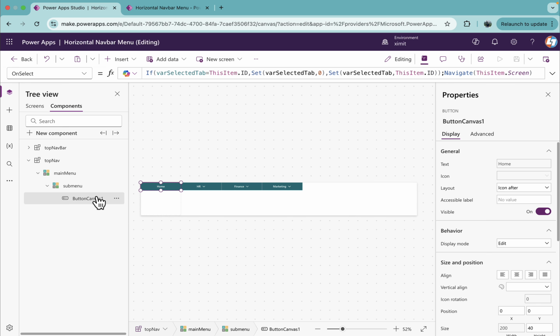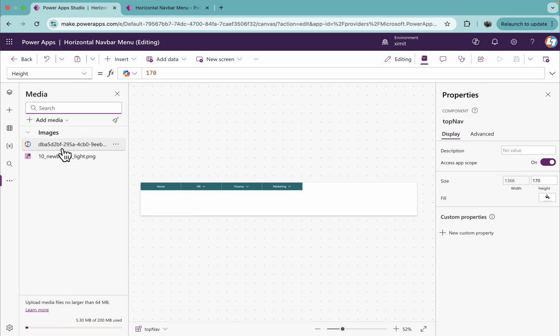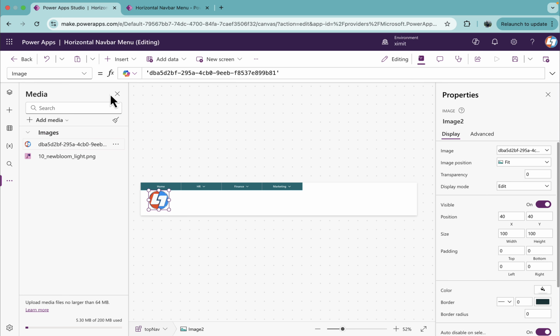Now if we go here in the component, there are a few things we have to do. In the media, I have this logo, and I will set the X of this as 0, Y of this one as 5, width is equal to 30, and height as well I will set to 30. All right,